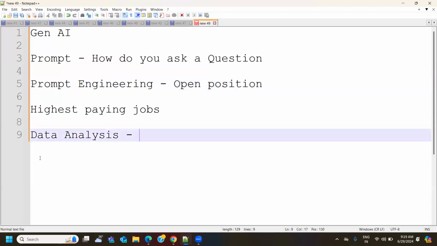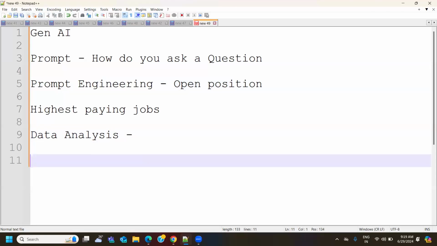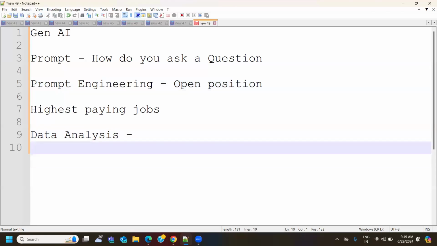This is just an example: you are a data analyst, you have got a requirement from a client, and without any ChatGPT, without any Gen AI, it used to take 10 days to completely analyze and give some specific output to that end user earlier.